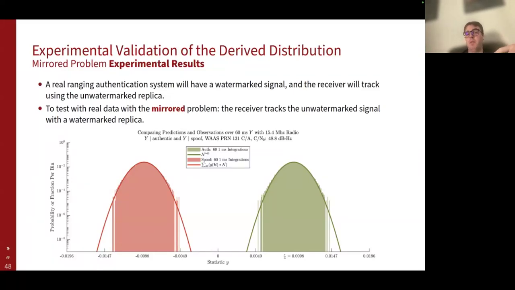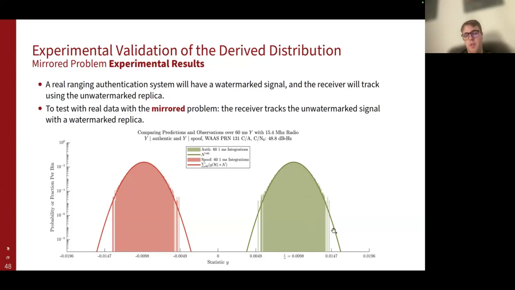I can test on a mirrored problem. In my software-defined radio, my receiver tracks the unwatermarked signal with a watermark replica. So I essentially switched R and RW. This experiment is with data from, I think, June. This shows the